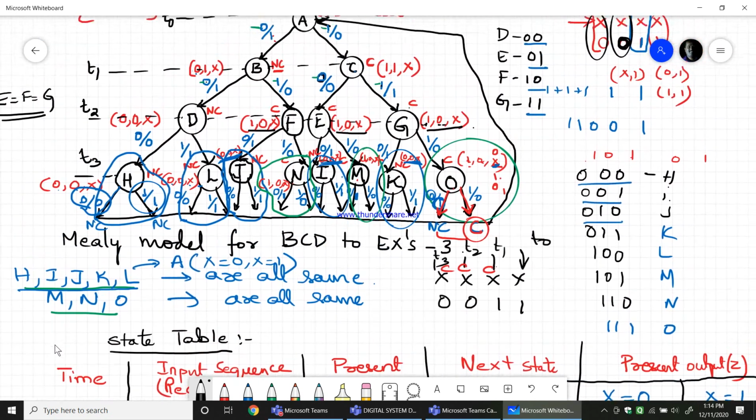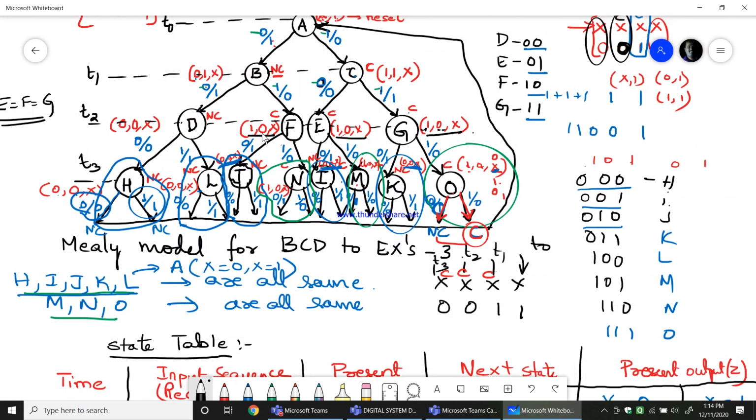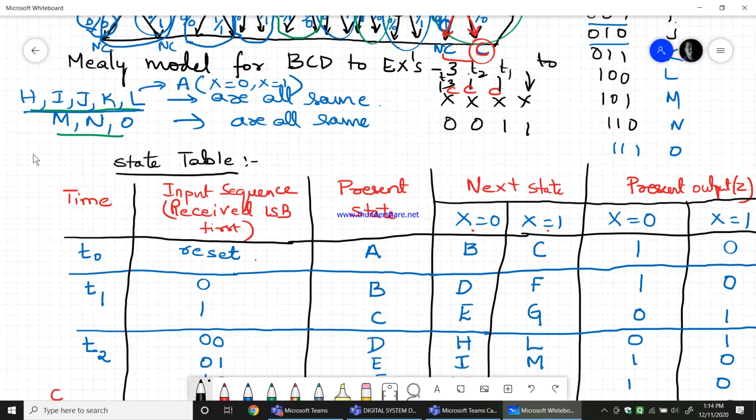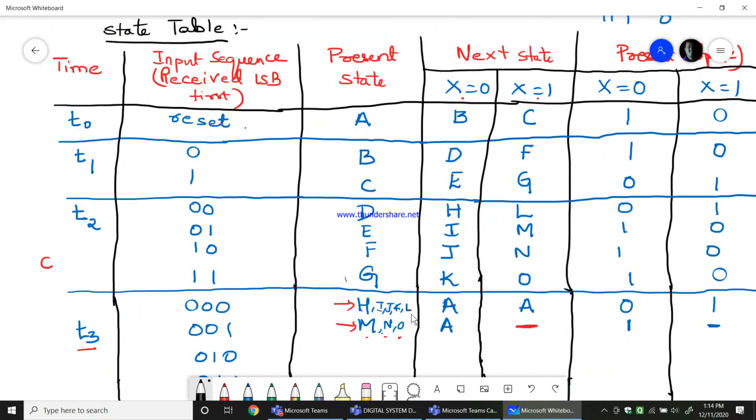That is the reason, in the state diagram, if you see here, for F it is 10x, for E it is 10x, for G it is 10x, only D it is 00x. Therefore, you assume x to be 0 or 1 for all these three, you will be getting the same inputs and outputs, whatever you will get from E, F, G. Therefore, I can equate F, E, G in the table. So this F and G, whatever I have, can be written as E.